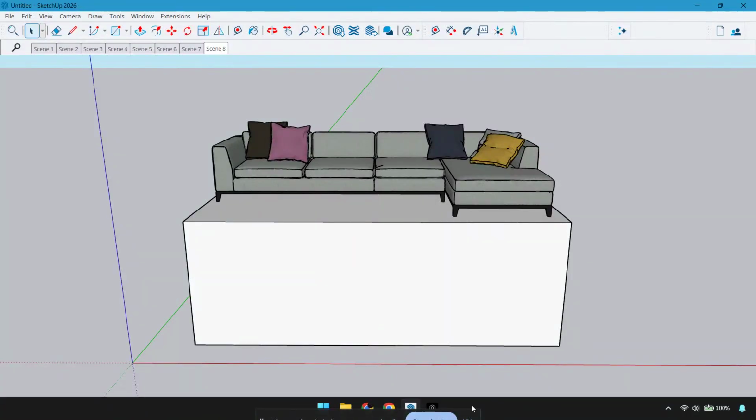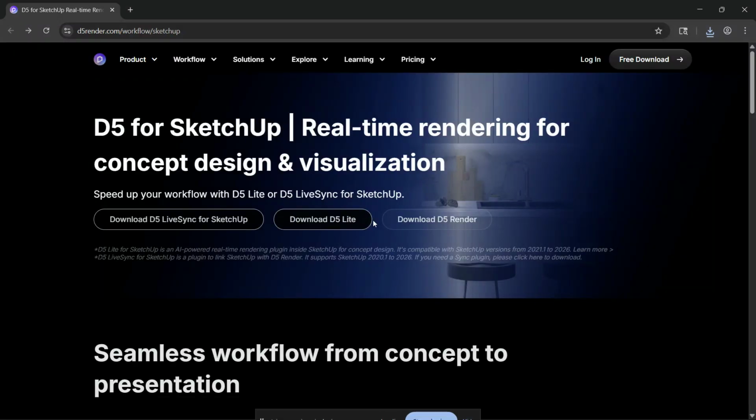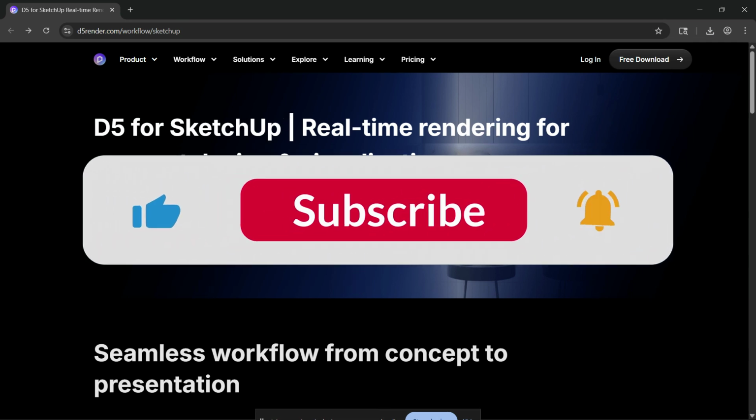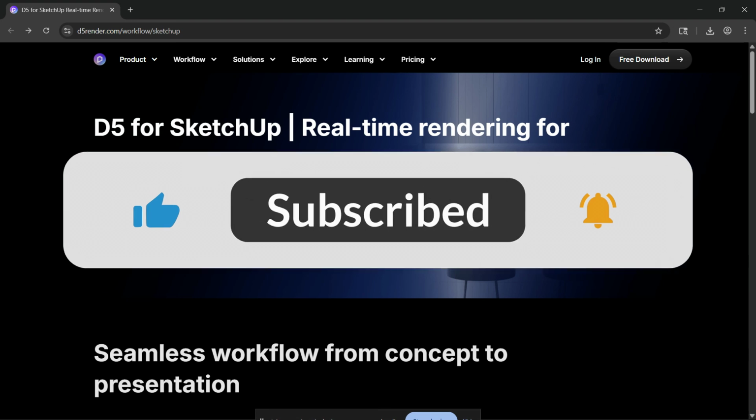If you want to render your SketchUp projects with realistic lighting, materials, and a true real-time workflow, then this video is for you. Today, I'm going to show you how to install D5 Render for SketchUp step by step, including the main D5 render engine, the D5 Sync extension, and how to activate the connection so you can start sending your model into D5. This is a great setup for architects, interior designers, and anyone who wants a faster visualization